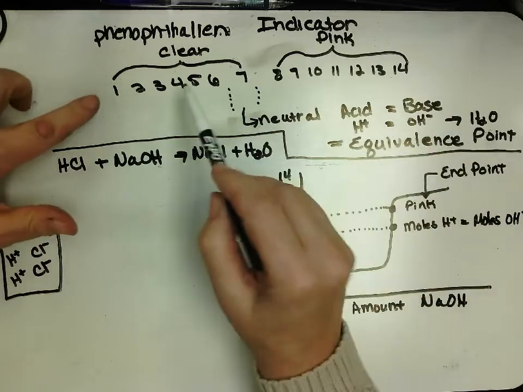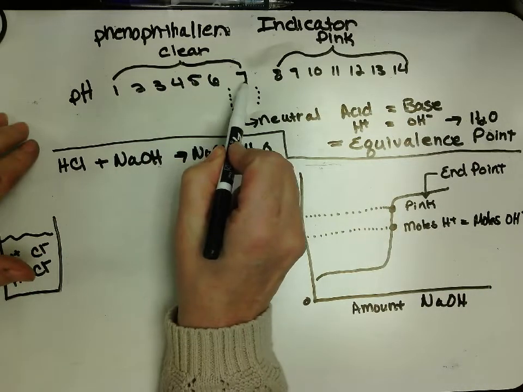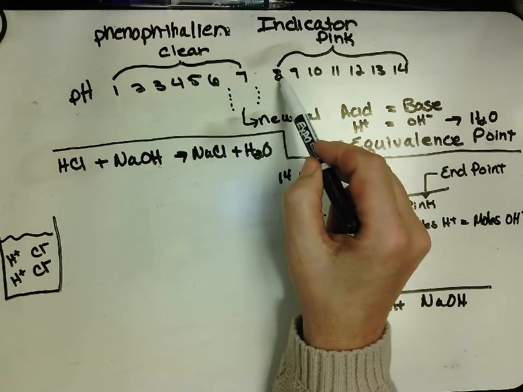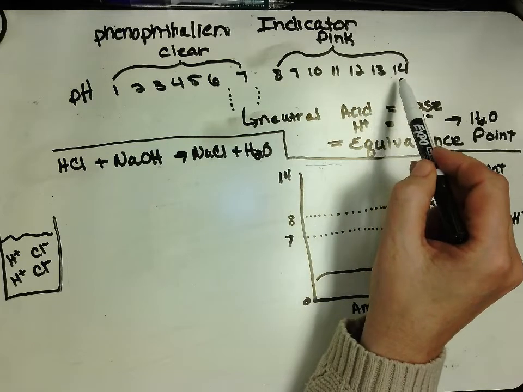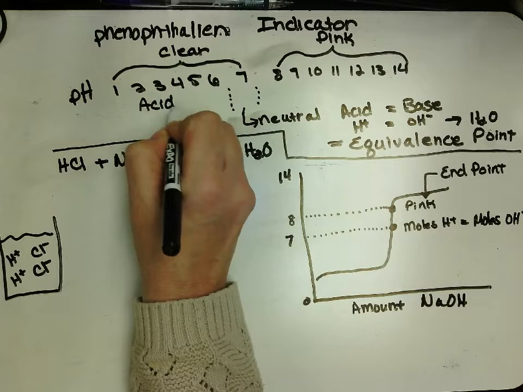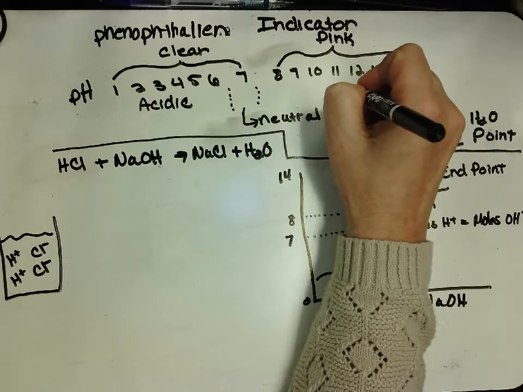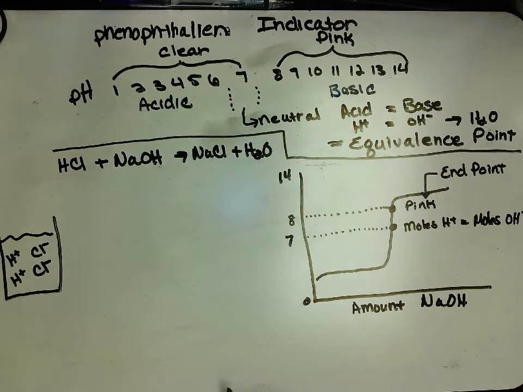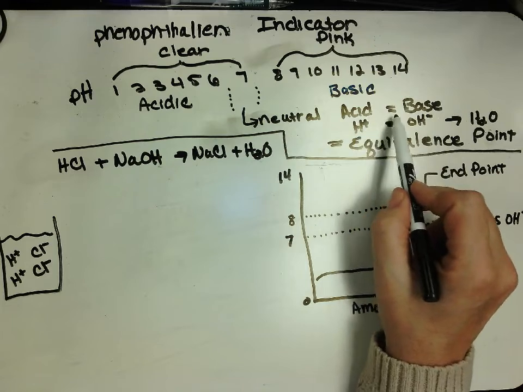And here's my pH scale. From 1 through neutral, it is clear. It changes color at 8, and it turns pink, and it stays pink when it becomes basic. So we know our low pH is acidic, and so it's clear under acidic conditions, and it turns pink under basic conditions. At 7, we have a perfectly neutral solution, and that means that my acid equals my base,